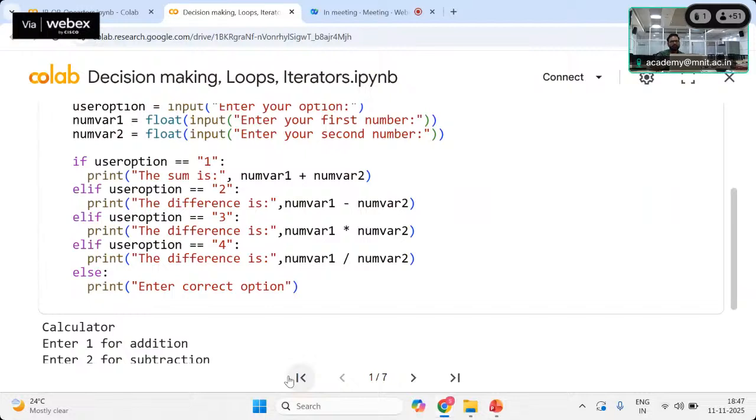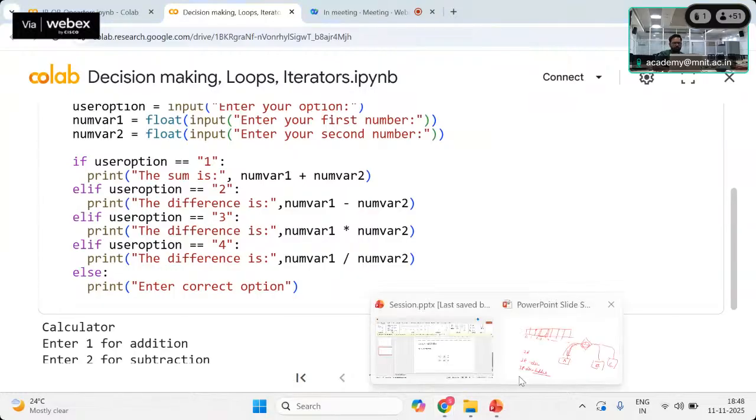There are some situations where you want to repeat some operations again and again. Then you can use iterative statements, iterations, using loops. They are similar to other programming languages. You have different options for loops. Here as well you have